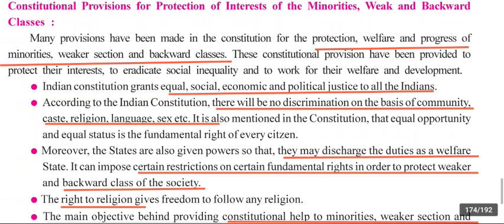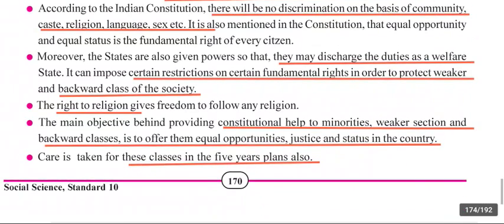Also, it can impose certain restrictions on our fundamental rights to protect weaker and backward class of the society. So our fundamental right of equality can be restricted, our fundamental right of movement can be restricted if our state government wants to do so. The right to religion gives freedom to follow any religion, and our objective of constitution is to help minorities, weaker section and backward classes. The objective for providing help to them is to give them equal opportunities, justice, and status